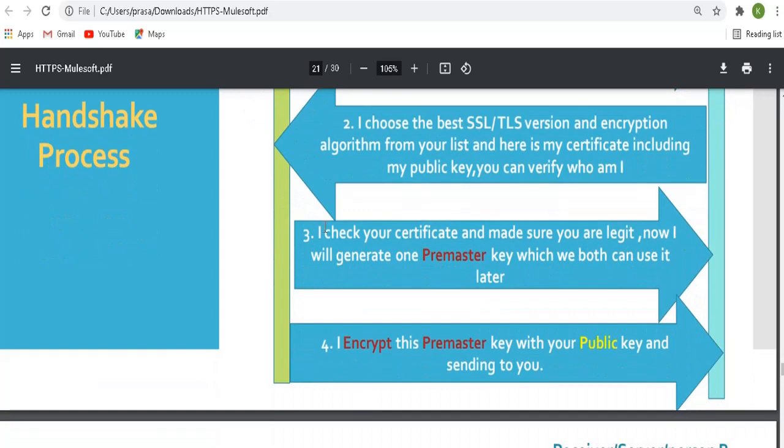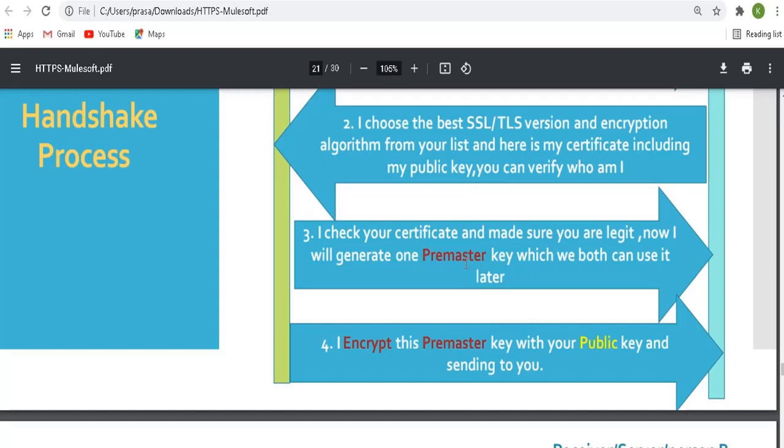In this case the client, or browser, checks the certificate and makes sure that google.com is a valid website. Then the browser will generate one shared secret key, the pre-master key or shared secret key, both are the same.